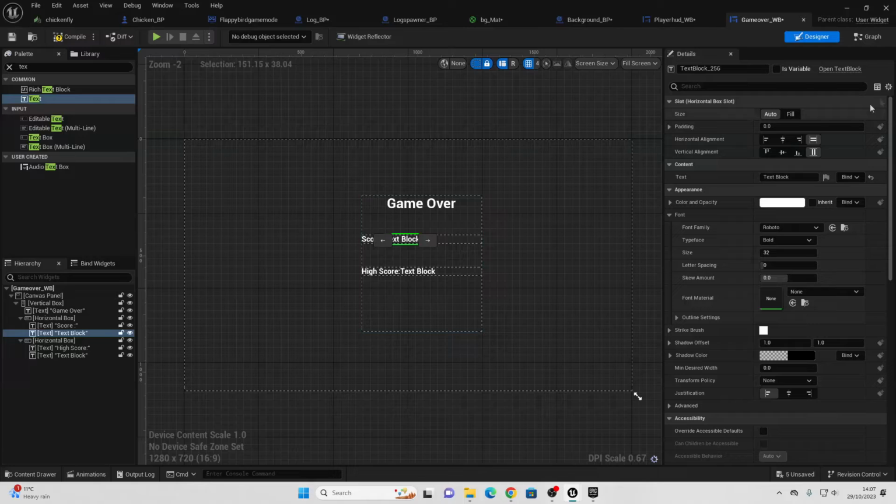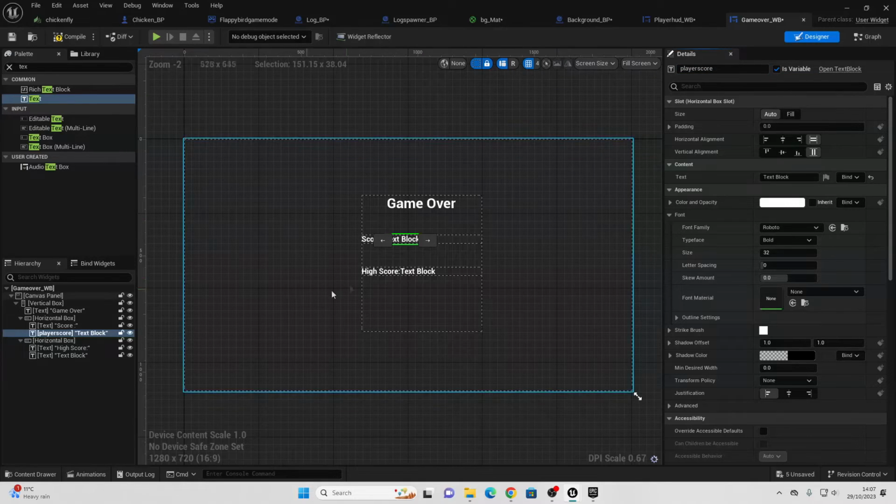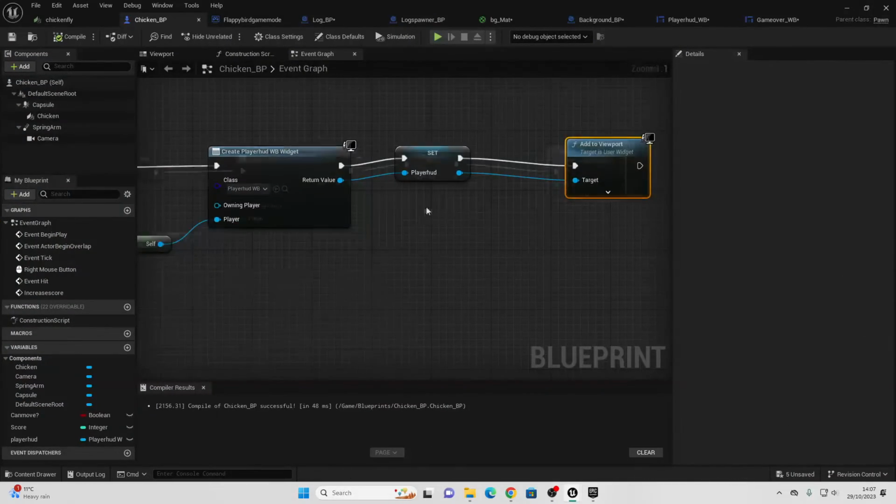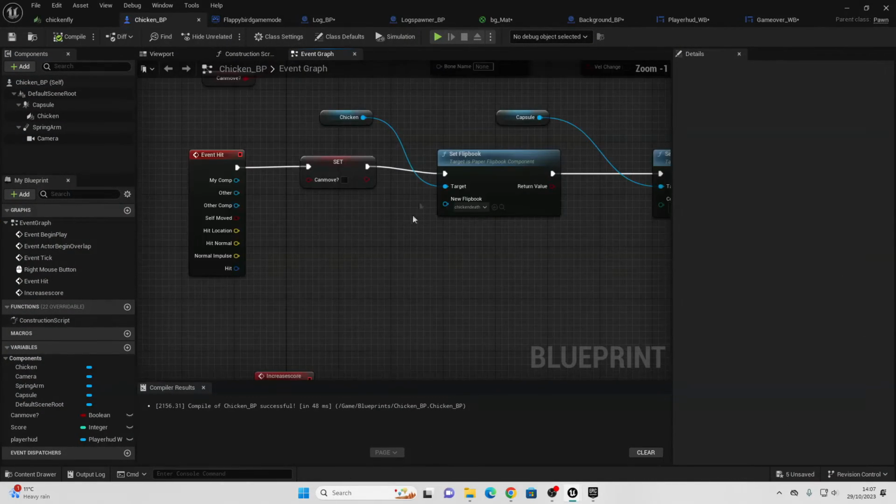Then just select this text, make it a variable, and just call this the player's score. Then select this text, make it a variable, and just call this the player's high score. Compile this, and then we just want to close this, go over to our chicken blueprint, and when the player